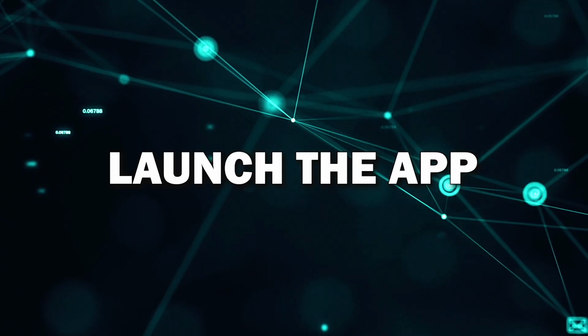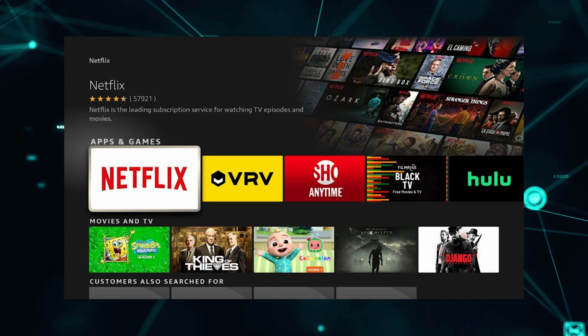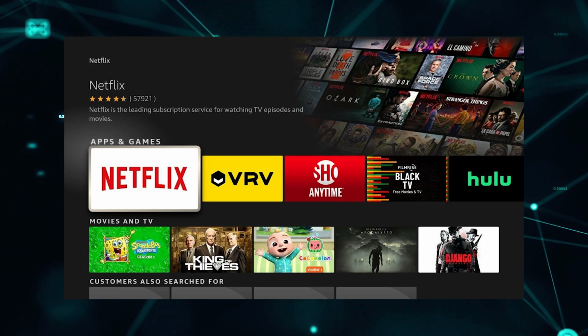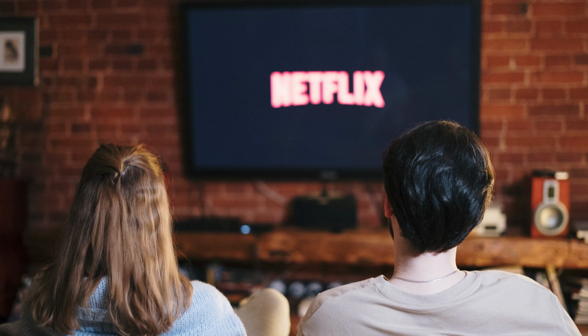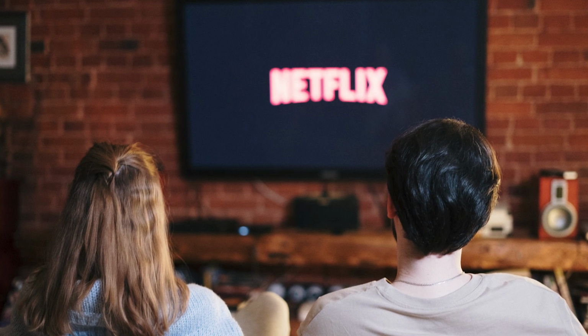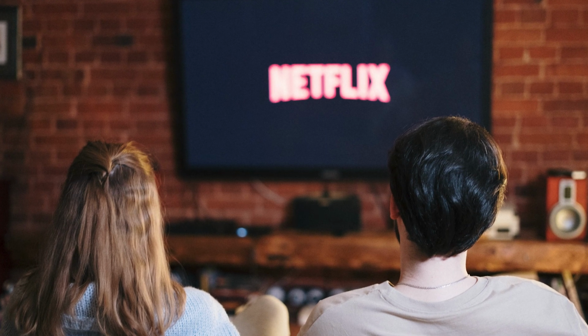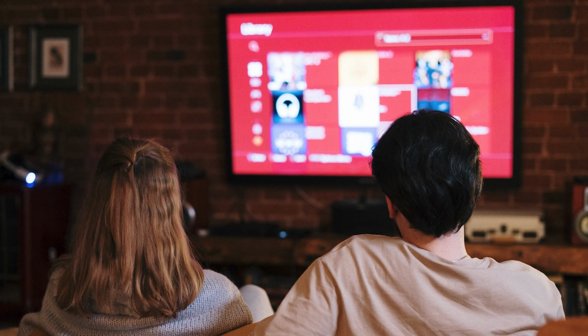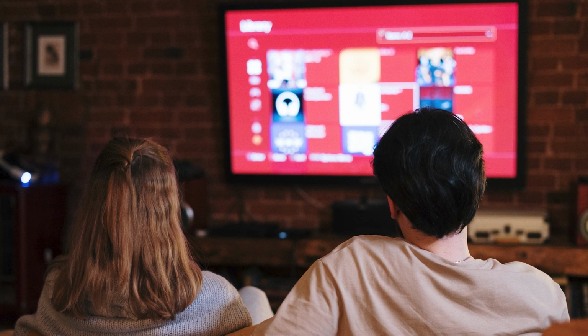Step 5. Launch the app. Now that the app is installed, you can launch it by selecting its icon from your home screen or app library. The first time you open it, you may need to sign into your account, like your Netflix or YouTube login. And that's it. You've successfully installed an app on your smart TV, and now you can start streaming, watching,